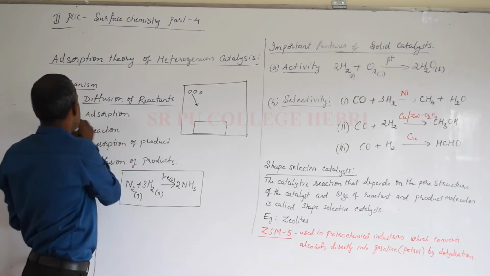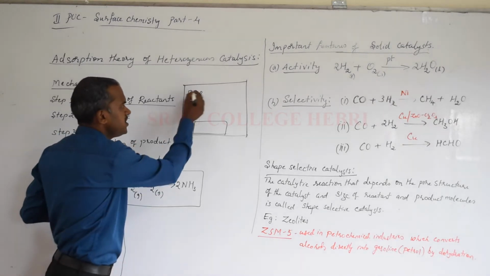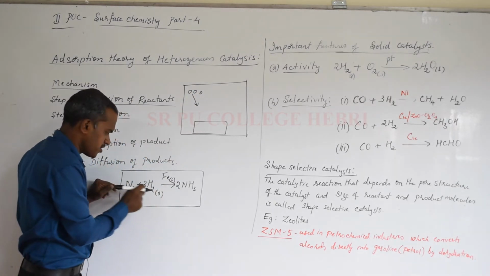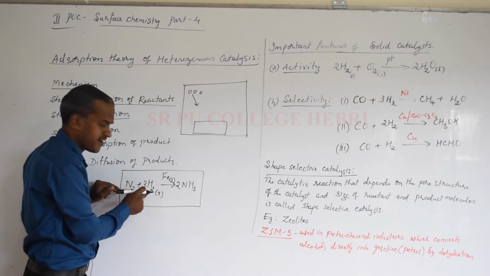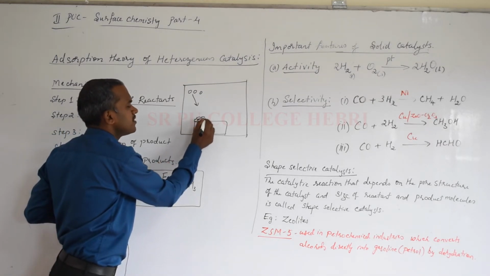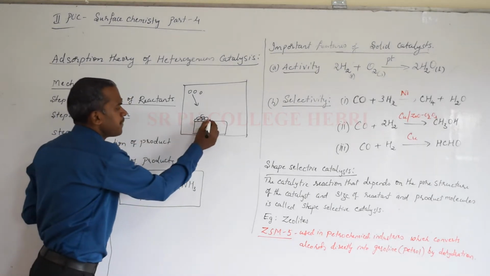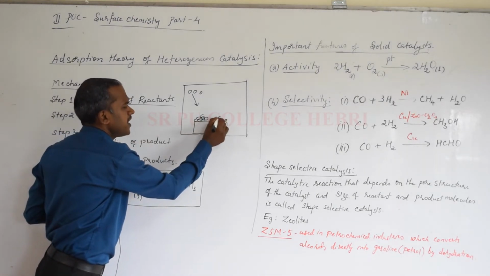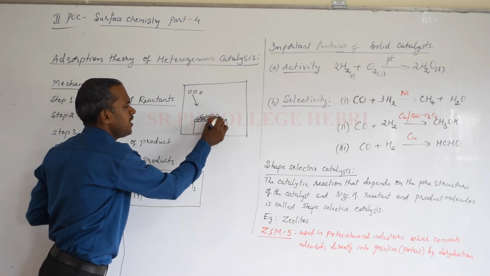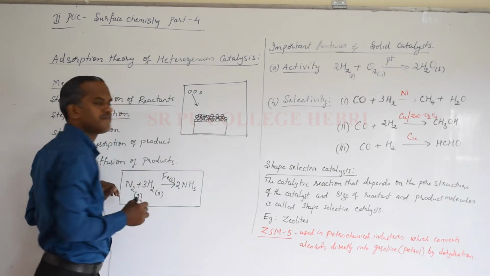The second step is adsorption. Now second step, what happens? These reacting species, maybe in Haber's process, nitrogen and hydrogen are the 2 different reactants. They will get adsorbed on the surface. This is step 2. They get accumulated. The different molecules get adsorbed on the surface of a catalyst where the free surface area is available. So second step over, that is adsorption.